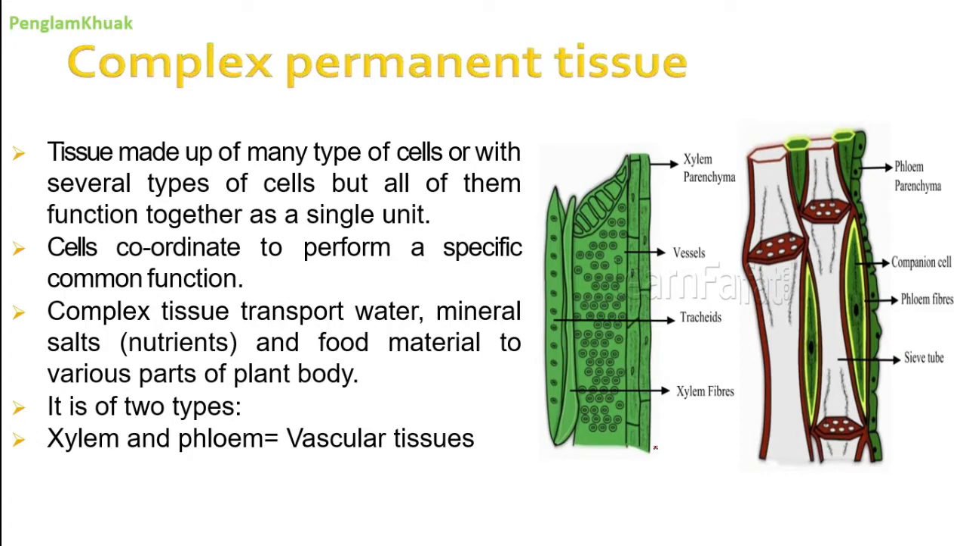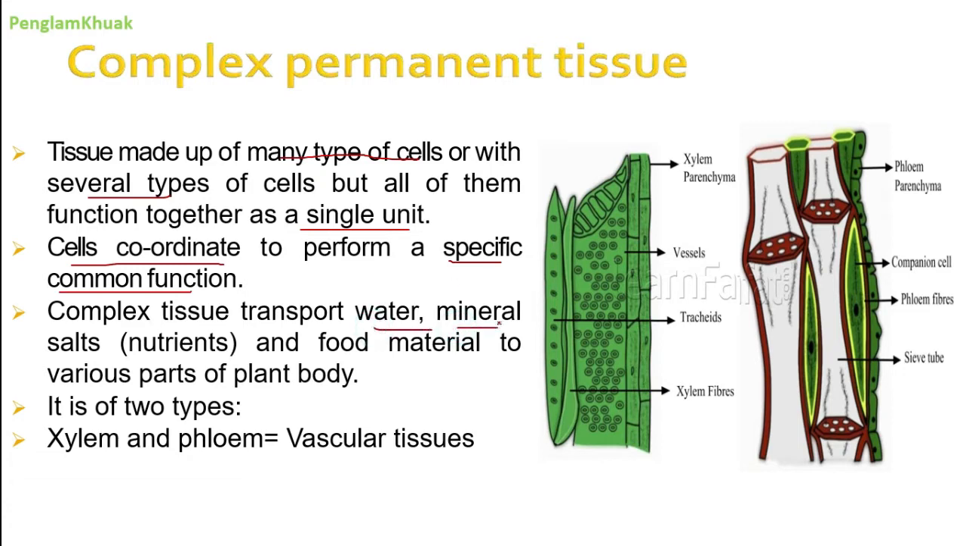So why is complex permanent tissue called complex? Because it is made up of different types of cells. There are more than one type of cell, many or several types of cells. Even though they are made up of more than one type of cell, they work together, coordinating to perform a common or specific function, as a single unit. And mostly the main function of this complex permanent tissue is to transport